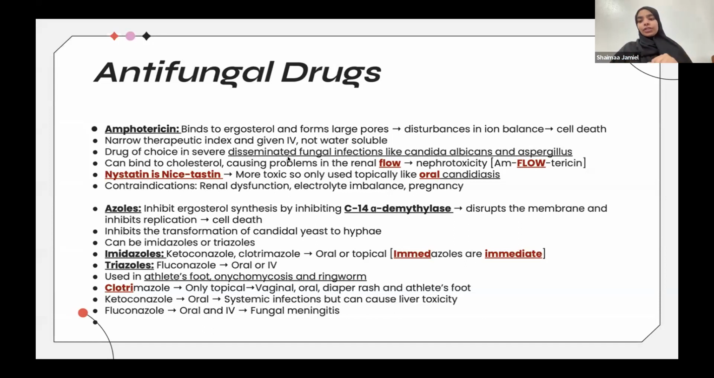And since it binds to ergosterol, we said we have cholesterol in our membranes. So although to a lesser extent, it can still bind to our cholesterol, specifically in the kidney. And when it binds there, it's going to cause problems in the permeability in the kidney. And that's going to affect renal flow and cause nephrotoxicity. So you can remember that as amphotericin instead of amphotericin. So that should help you remember that it causes nephrotoxicity by disrupting the permeability of the